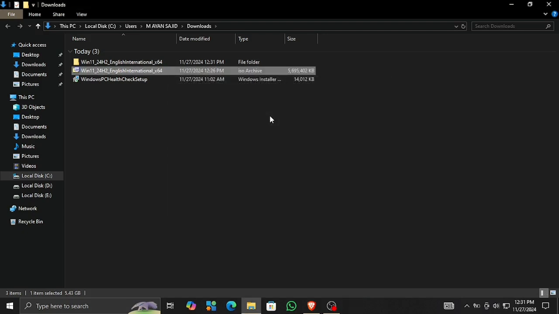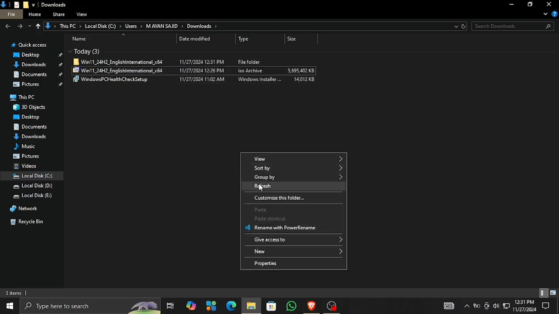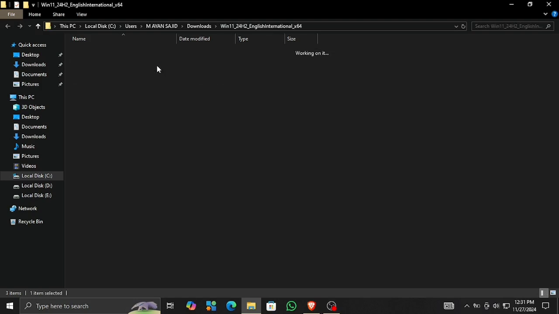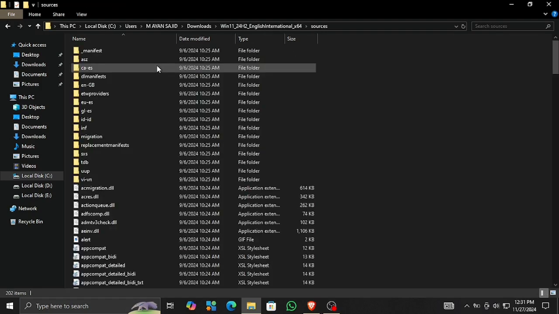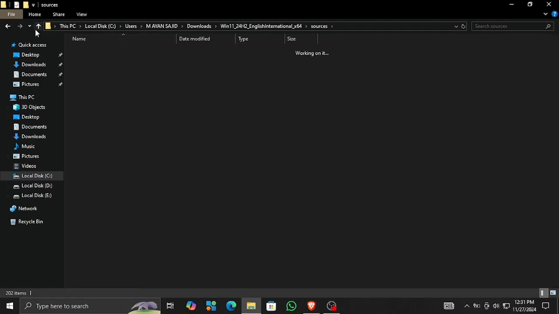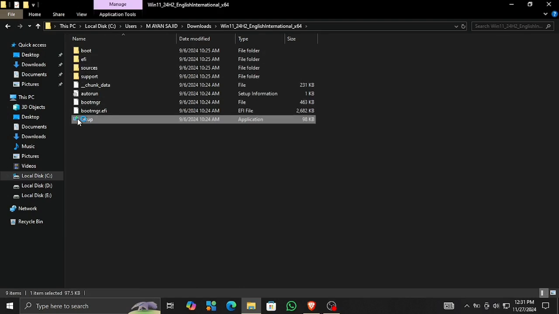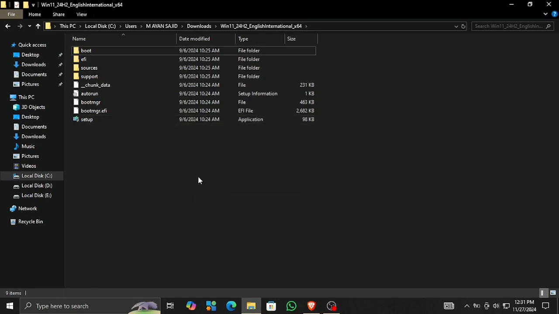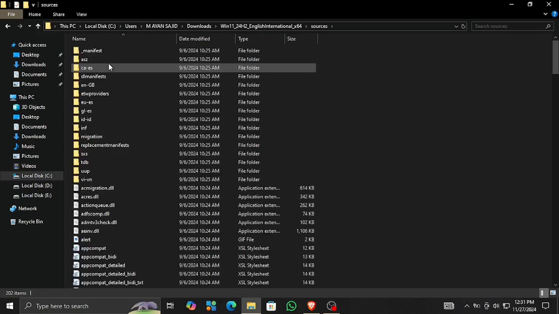Okay, now here we have the Windows ISO image converted into a folder. Let's open the folder. Here you can see there is a setup and a sources folder. You can either install this setup, which may not work when your Windows PC is unsupported like mine, but I still recommend that you try this first. If it does not work for you, then you have to go to the other method, the one where